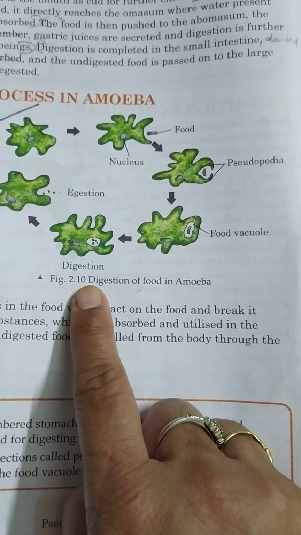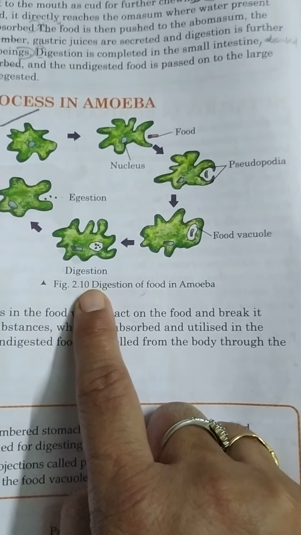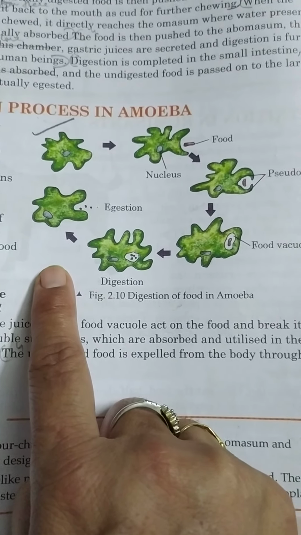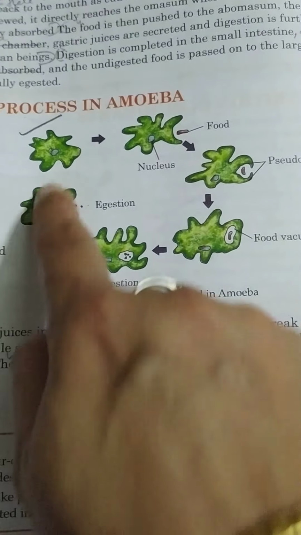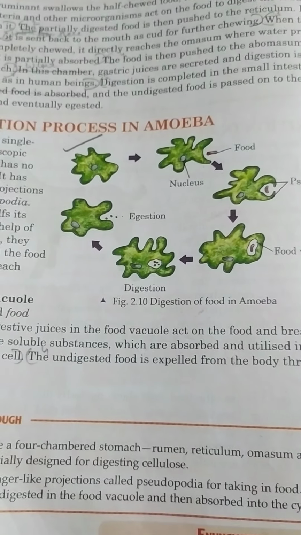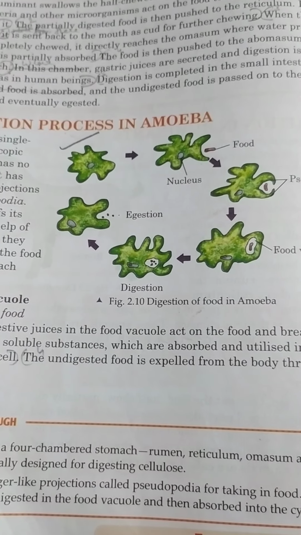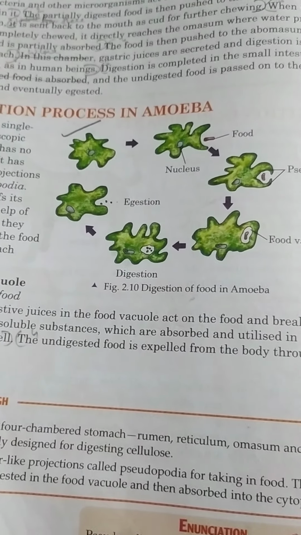Cytoplasm is the liquid in the body that they have. With that, the complete digestion takes place. And then later the waste comes out with the help of the cell membrane. So these were the 5 steps of the process in amoeba. So the parts pseudopodia, food vacuole, cytoplasm, and cell membrane are very important in the amoeba.